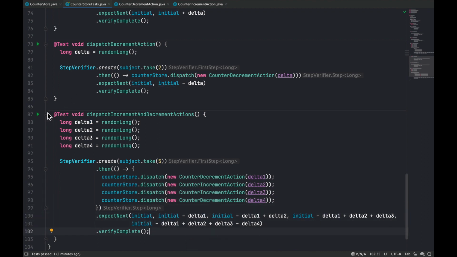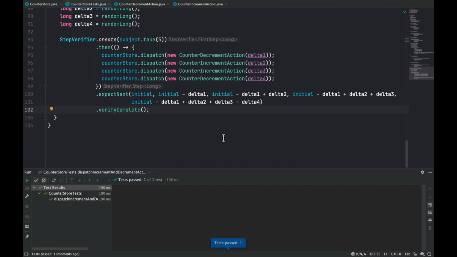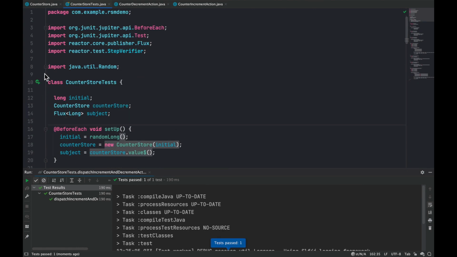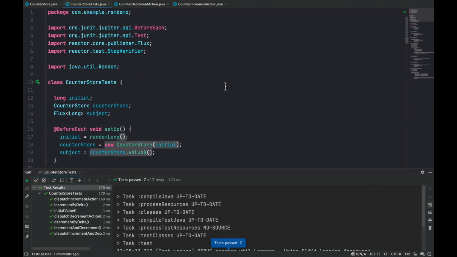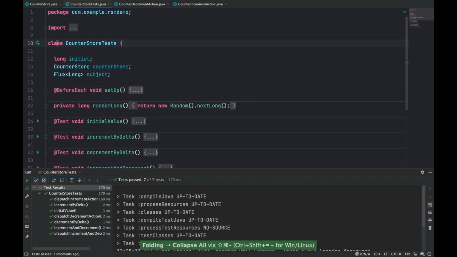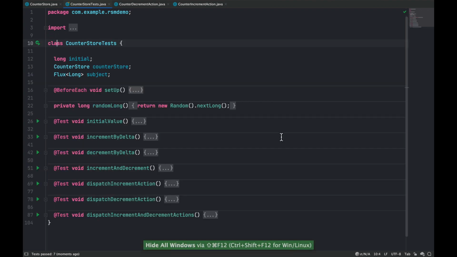Okay, everything seems to be in order. Let's run the test, and it passes. And let's run everything again just to make sure we didn't mess up anything else. Okay, now